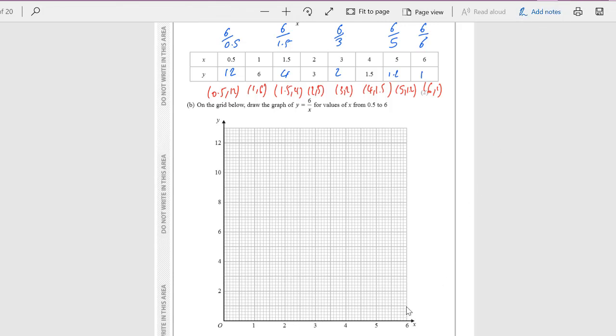So that's 1, 6. Okay, and then so on and so forth. So 5, 1.2. So it might be slightly futile for me to do it because it won't be very precise, but essentially you plot all of the points,